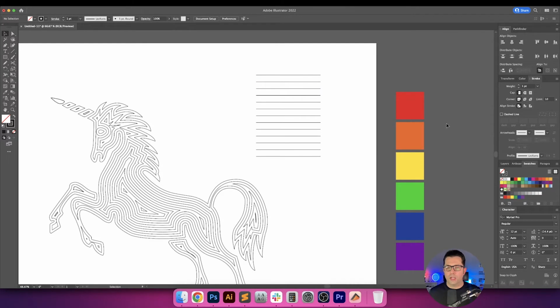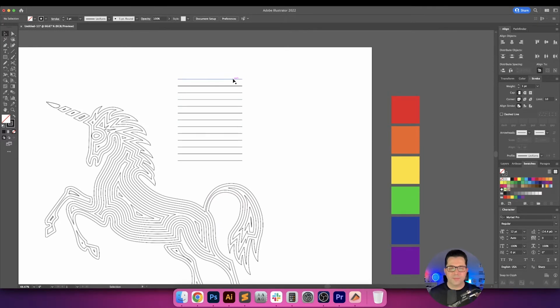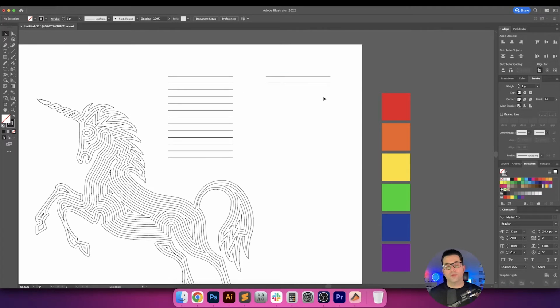And since we have more lines here than we do actual colors, we need that spectrum to go from this color to this color while using 14 colors instead of 6. Hopefully that makes sense. Sometimes I can tend to ramble. So I'm going to grab 2 of these right here, and we need 14 colors total from 6 colors. Okay, so these 2, I'm gonna make this one right here this red color, then the second one orange,